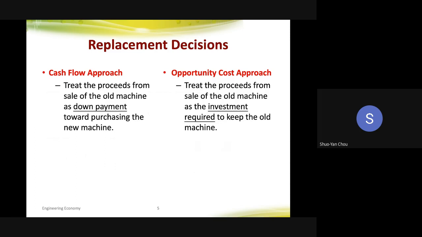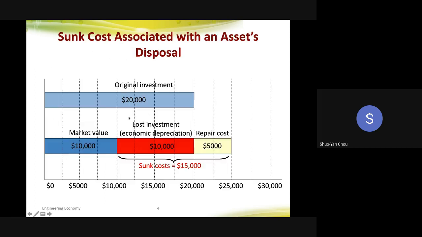Although eventually they give you the same result. Okay, so here we said that we can do this cash flow approach, or we can do this opportunity cost approach. In the cash flow approach, we deal with the money, the cash flow. So just remember that we will sell the old machine. We'll get from here, you know that